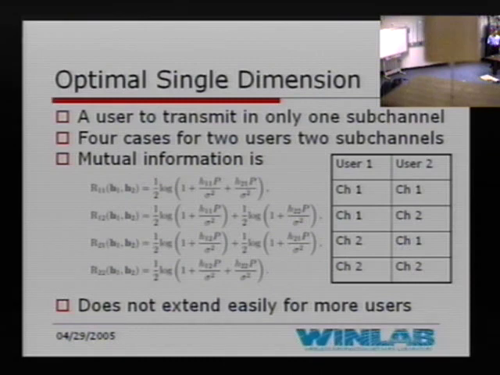But it's possible that the first user's second channel was only marginally worse than the first one, so we would get a better rate by letting him transmit in the second channel. So again, just for a two user two subchannel case, it's simple. We have 4 possible combinations, and we can work out the rates for each one of them. And the claim is we pick the one that's the highest. The problem with this scheme is that it does not extend easily to higher numbers of users and subchannels.